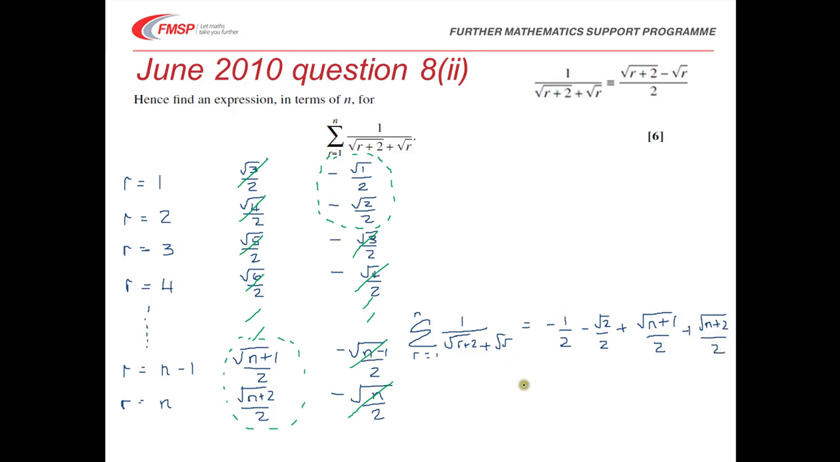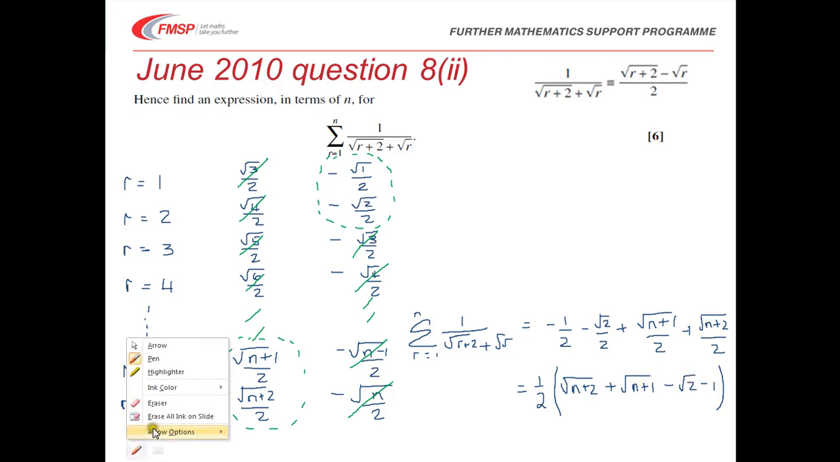And we could probably make that just look a little bit tidier. Take out a common factor of a half, and I'll put the positive terms at the beginning, so we'll have a root n plus 2 and a root n plus 1 minus root 2 minus 1. So we now have a sum for our series, and if we just check the marks for that part,